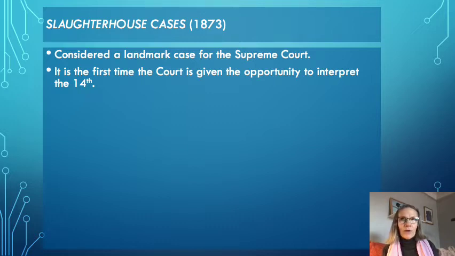And I asked you what you thought landmark cases of the Supreme Court were. You'd probably say Plessy v. Ferguson, Brown versus the Board of Education, Roe v. Wade, maybe District of Columbia v. Heller. I'm sure there are some landmark cases that you could come up with. But I doubt that you would say the Slaughterhouse Cases, because it's usually sort of underplayed as not being this hugely essential case. But it is, and hopefully I'll make a case for why it is in fact a